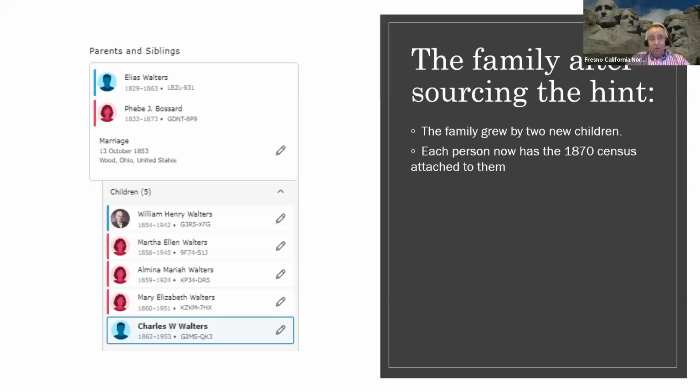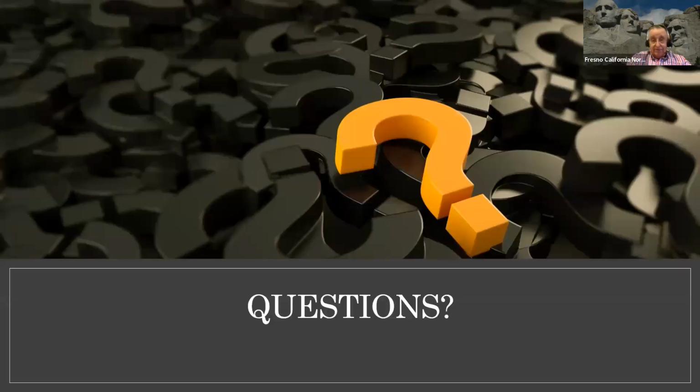And then the last child, Charles, I'll be able to add into tree if he doesn't have a duplicate, and he doesn't. So that when I'm done, I've got Elias Walters with Phoebe J. Bassard and 5 children. So the family's grown by 2 new children. Everybody is sourced by the 1870 census. So it's really not hard. You just have to learn to move the people around. So that is sourcing. I didn't do a lot on the actual attaching of sources because I figured that's something you need to work on and learn by